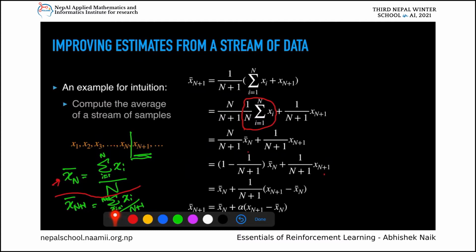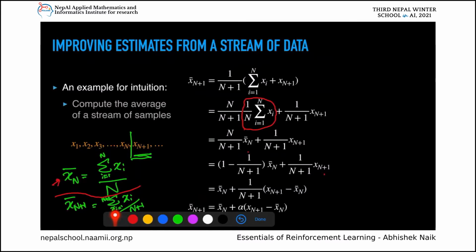So let's say n was a million. At every point of time, you would have to sum a million quantities and then divide by some, again, large number. And then as n goes to the scale of a billion, you have to store a billion numbers, a billion x_i's, and then take their average at every point of time. But instead of doing all that, if we just use this expression,